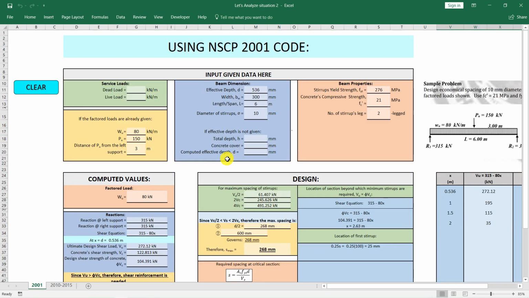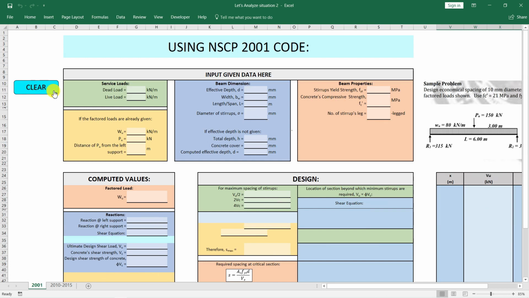And if you want to compute for another problem using NSCP 2001 code again, you can click the clear button and it will delete all the values that you've inputted, and you can start over with a new one. So that's it. So now let's try the